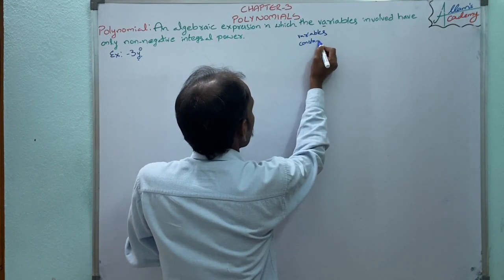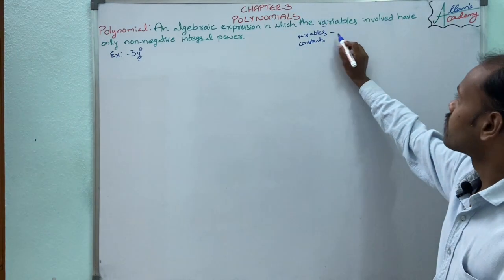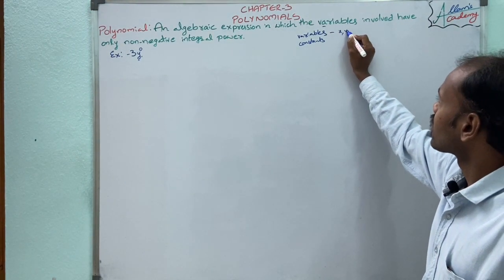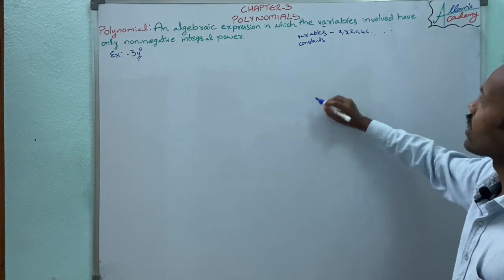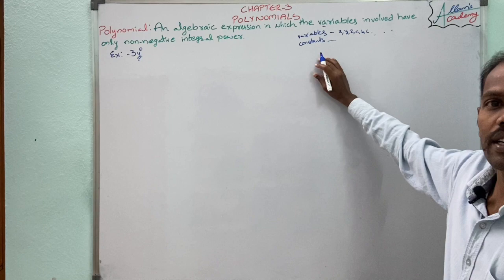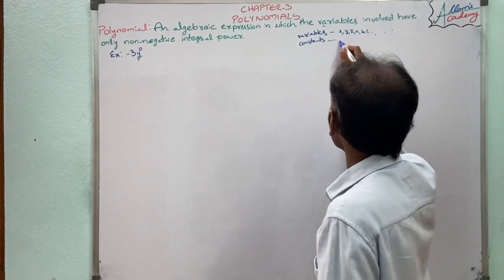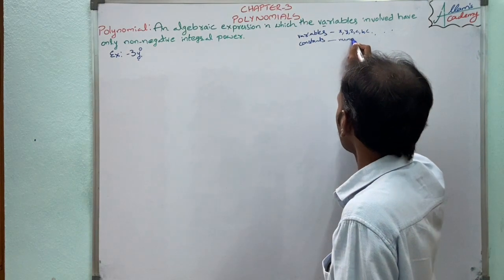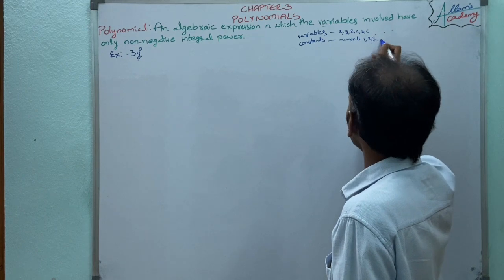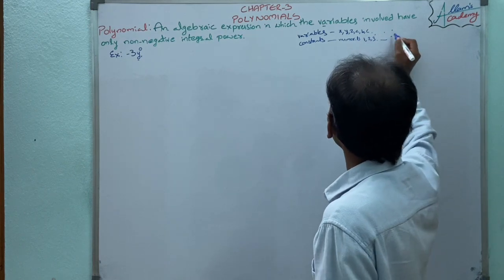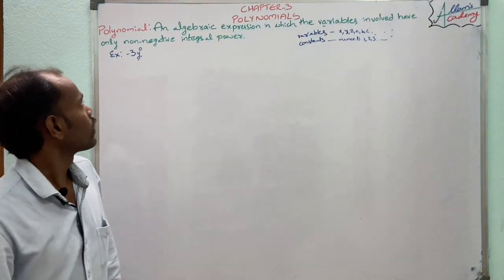A variable means a value which varies. These variables are indicated with the letters x, y, z, a, b, c and so on. Now constant means they are constant only. That means in this place we take numerals, that is numbers 1, 2, 3 and so on. Okay, so